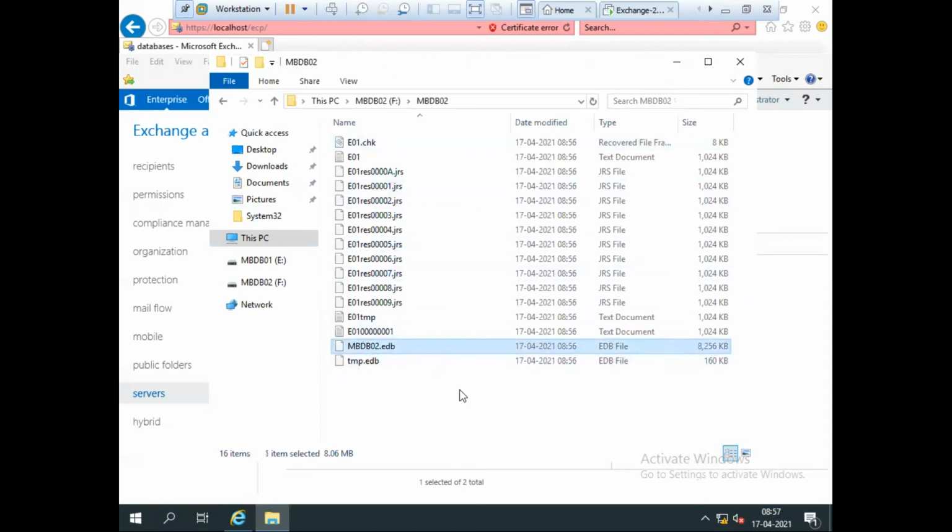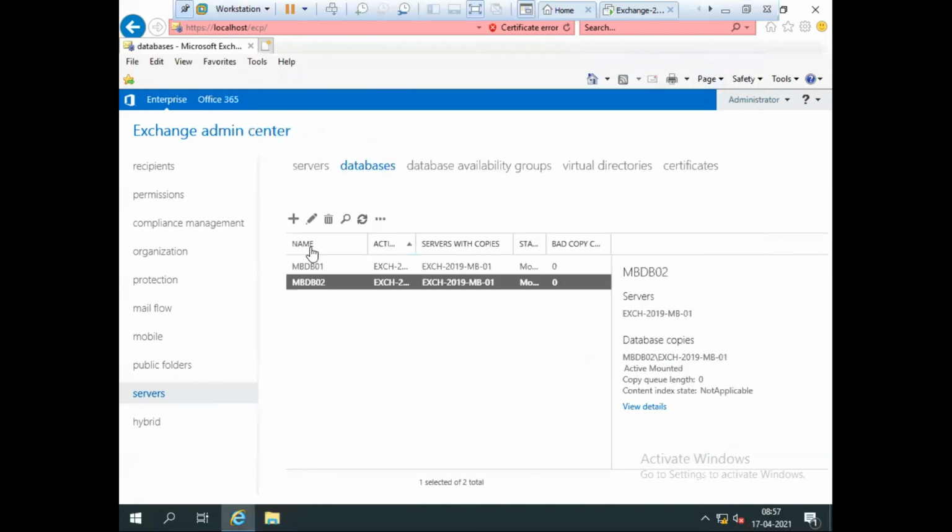Remember always that Microsoft also tells you that if you want to save the database in a separate drive, you can save the log files in a separate drive. Your log files should be handy for recovering the Exchange servers. If you have any error or warning in the Exchange servers, you can see it in the log files. It's up to you whether you want to save the database and log files in the same drive or in separate drives. Now close it. So you can say that it's created now.